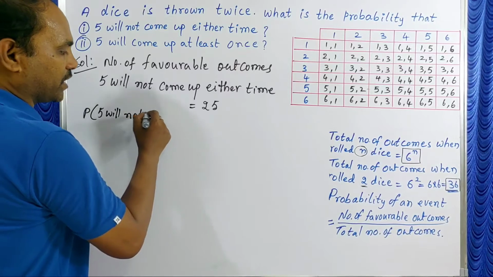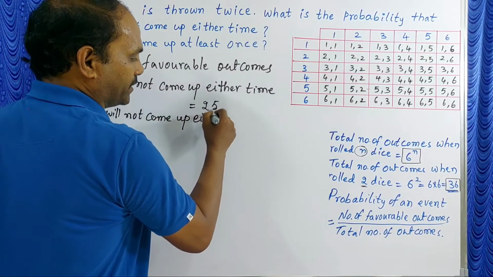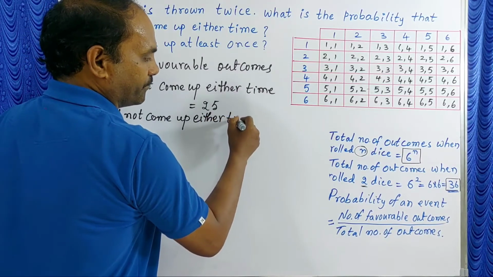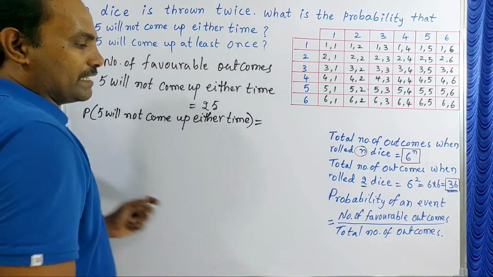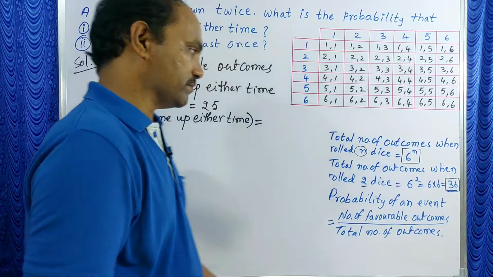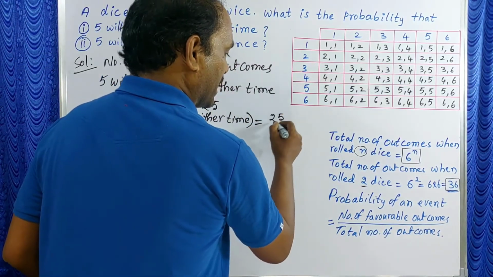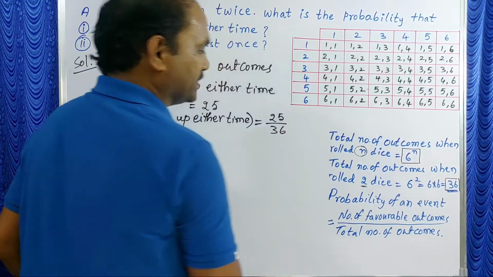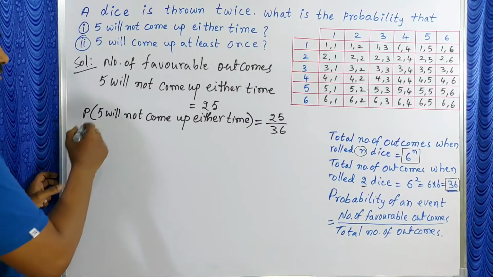So, probability P of 5 will not come up either time is equal to, as I already wrote here in the formula, number of favorable outcomes by total number of outcomes. Number of favorable outcomes here 25 by total 36. This one is the probability. Next, the second one,